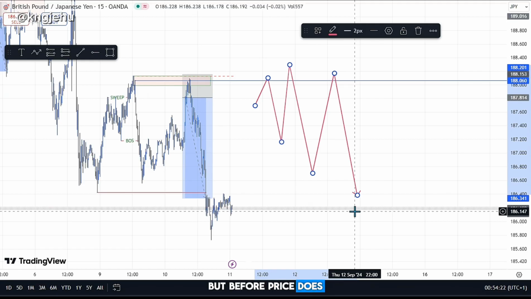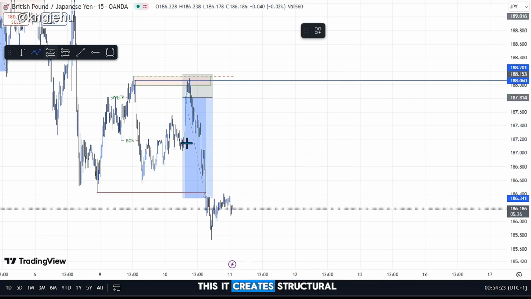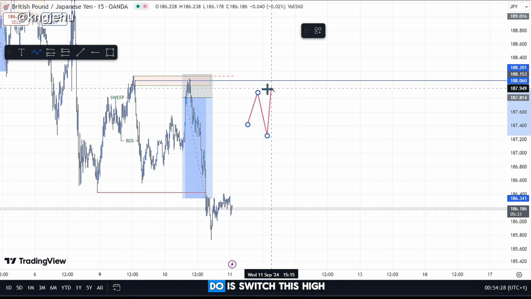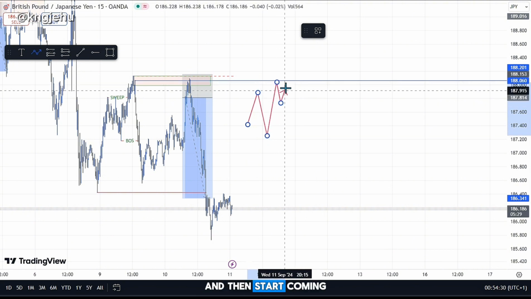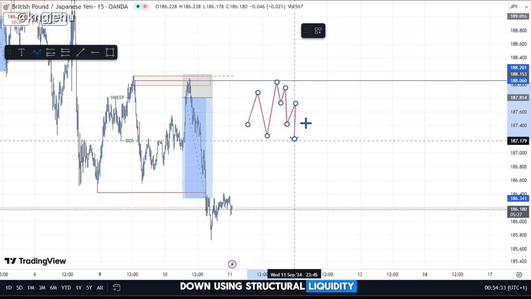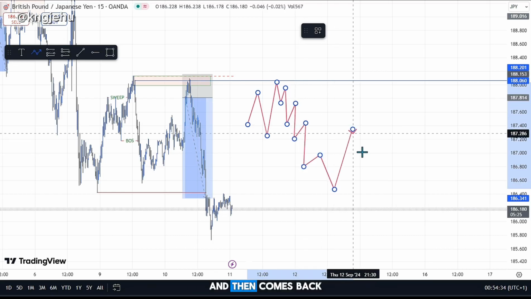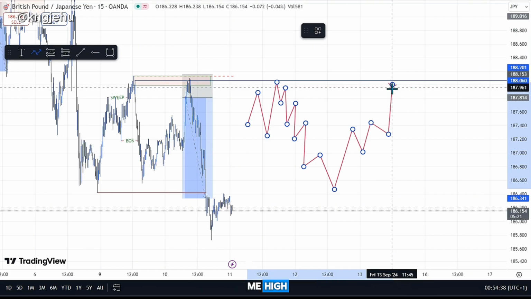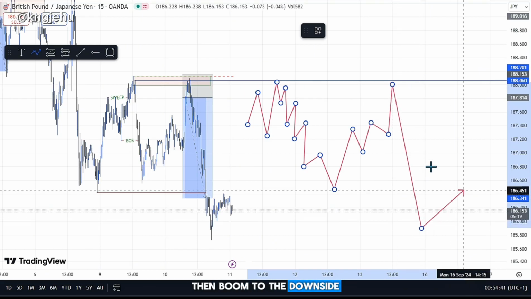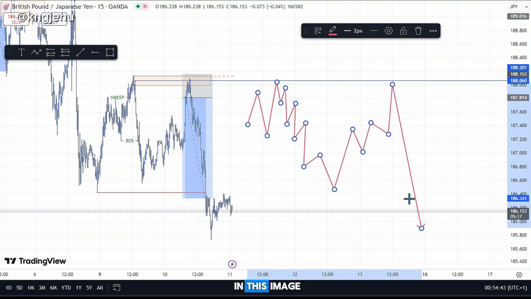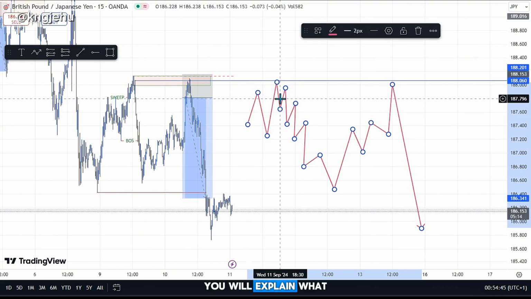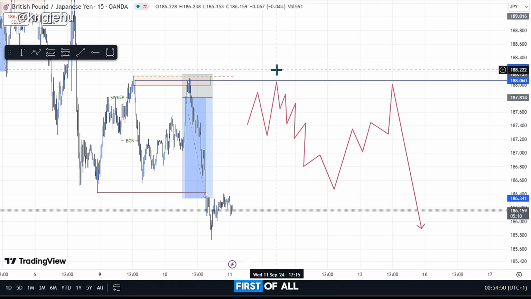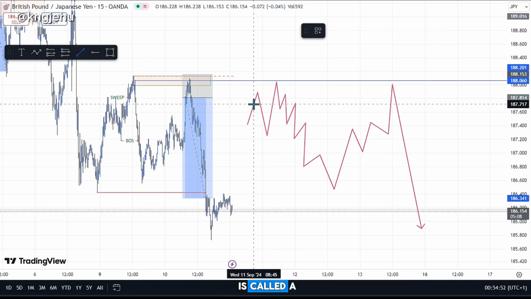But before price does this, it creates a structural liquidity for us. So what does price do? It sweeps this high and then starts coming down, gives us structural liquidity like that, and then comes back into this zone, takes out structural liquidity without taking out the main high, then boom to the downside. I hope this image explains what I mean. So first of all, what we have here is called